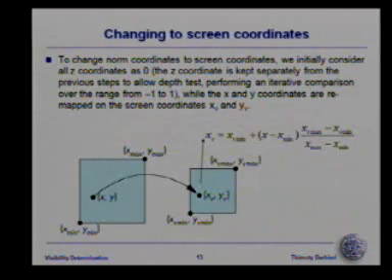Those are the screen coordinates, that is, the coordinates on the screen where you're going to do the visualization. That depends on the width and height of your screen,